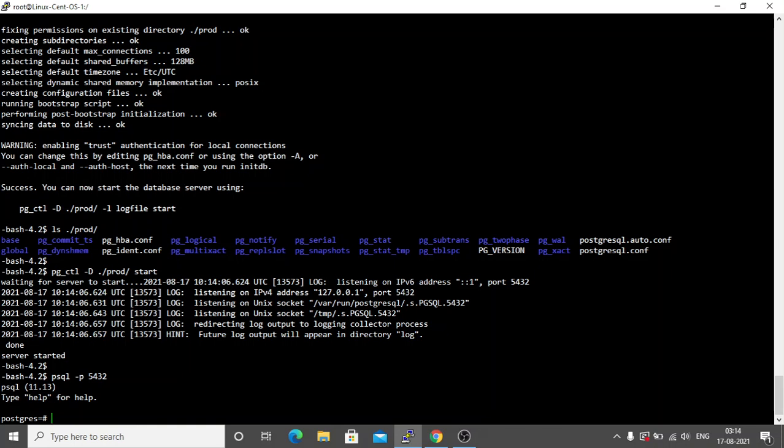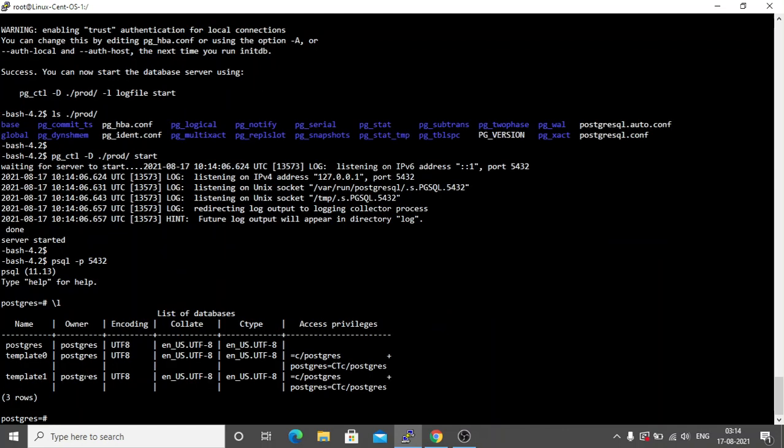Okay, so now we are connected to psql, and now we can start using this cluster or the database. Okay, so if you see the list of databases, these are the pre-created databases: postgres, template0, and template1.